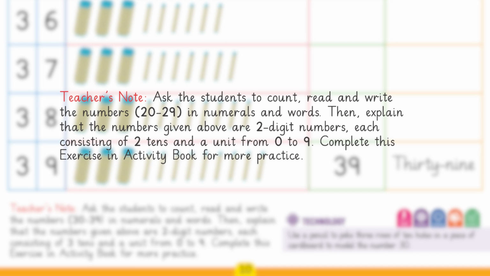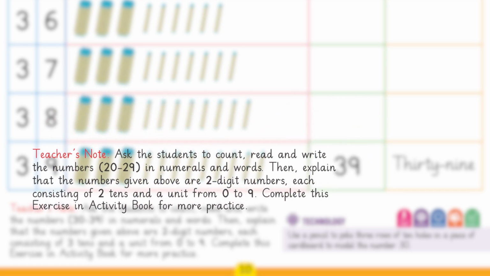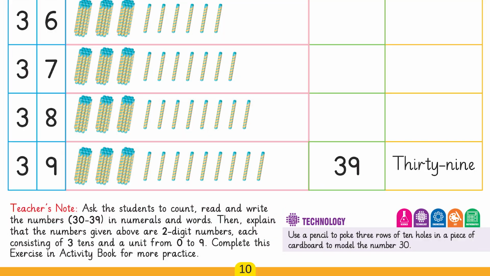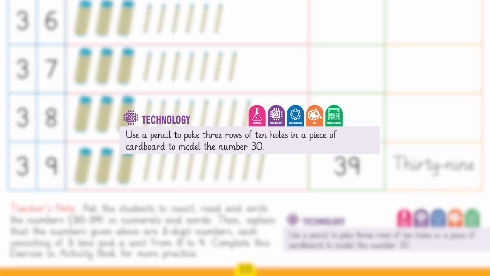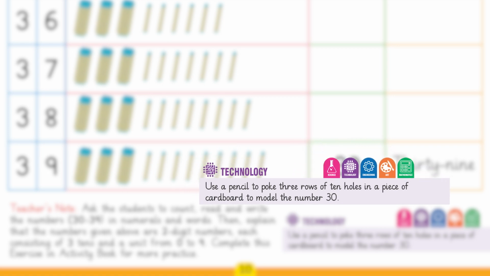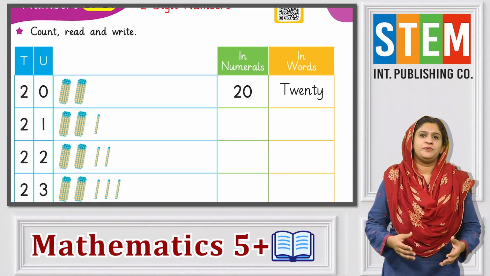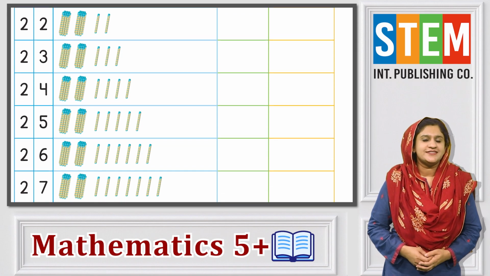Then explain that the numbers given above are 2-digit numbers, each consisting of 3 tens and a unit from 0 to 9. Complete this exercise in activity book for more practice. There is a technology activity as well that use a pencil to poke 3 rows of 10 holes in a piece of cardboard to model the number 30। तो मेरे प्यारे बच्चों, ये था हमारा आज का लेसन।